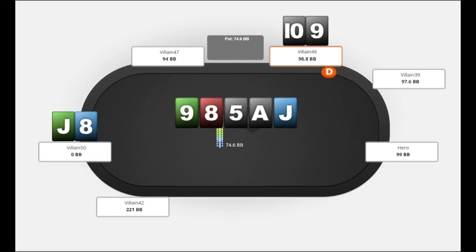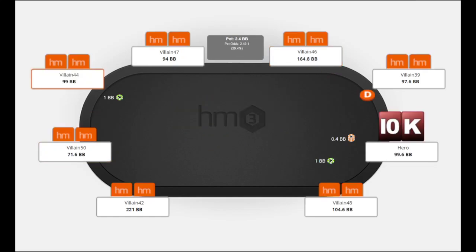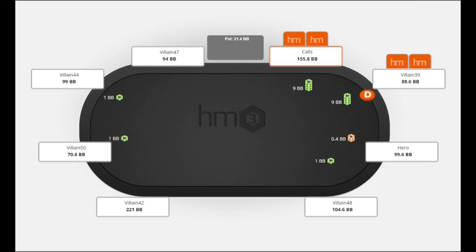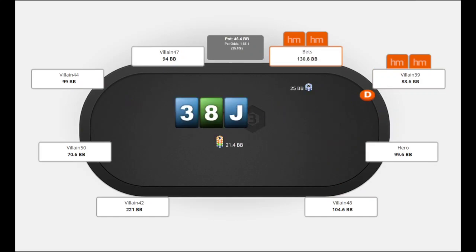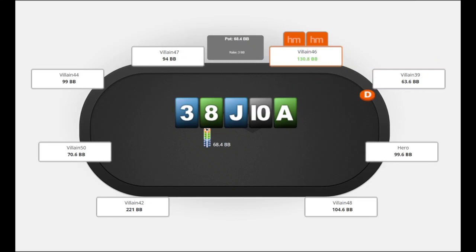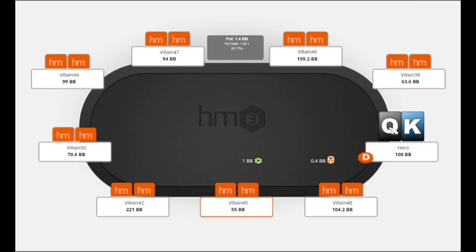Yeah, and they lost that first hand. So I've got almost every hand on this replay. I may not have recorded one or two hands where I maybe was sitting out or something like that. Okay, so